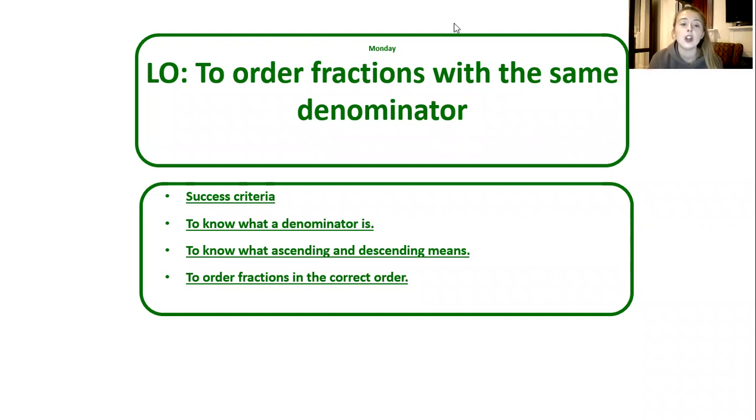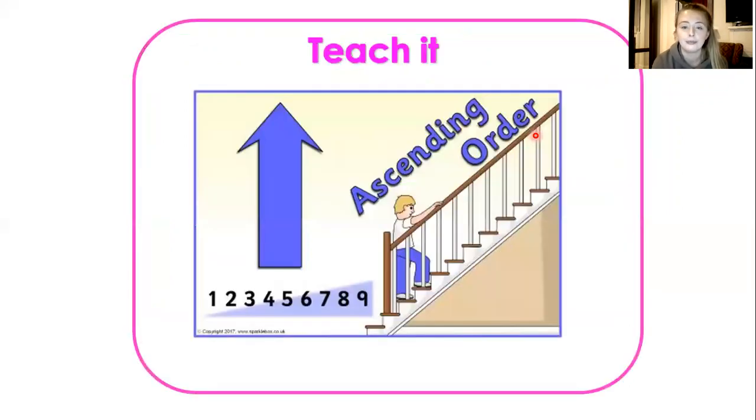We're going to have to know what ascending and descending means. So you might remember that from when we were doing it with our numbers. We were ordering numbers in ascending and descending orders. And we also need to order fractions in the correct way, depending on whether the question is asking us to do it in an ascending order or descending order. Okay, so our first slide then. Ascending order, that's how we spell ascending, and ascending order means when the order is going